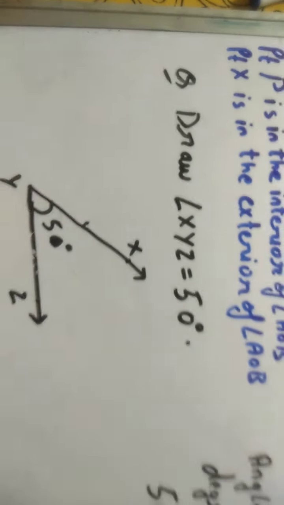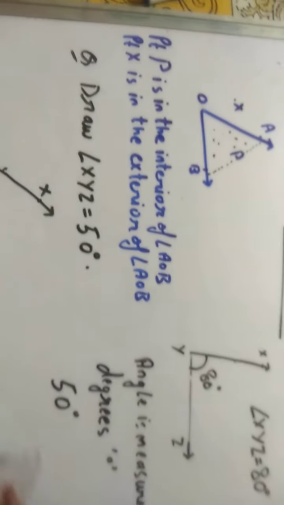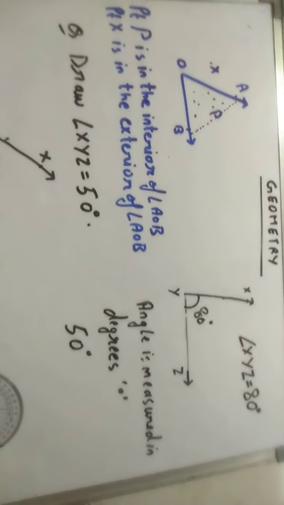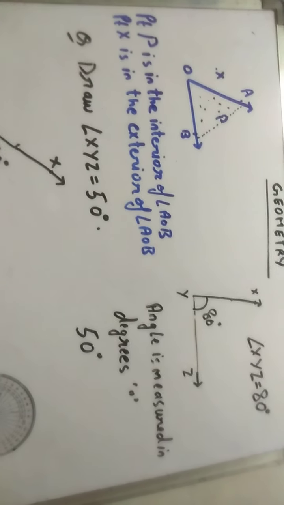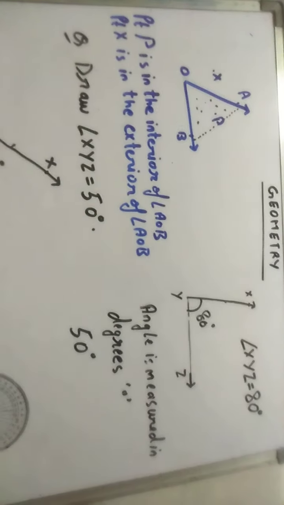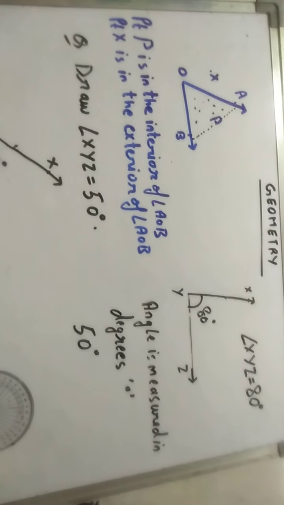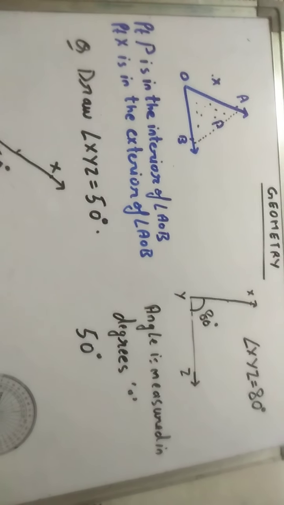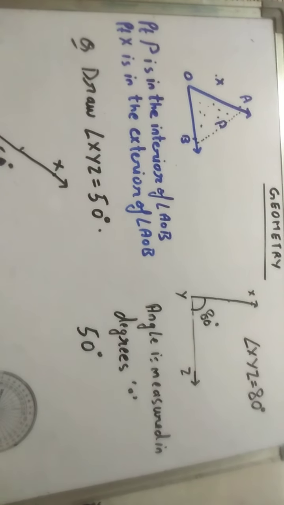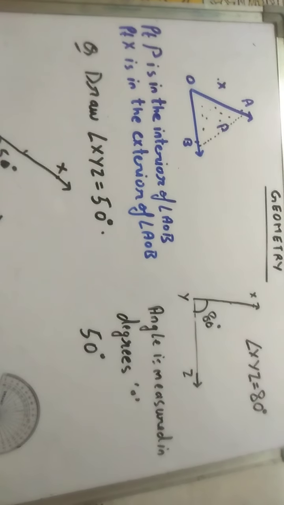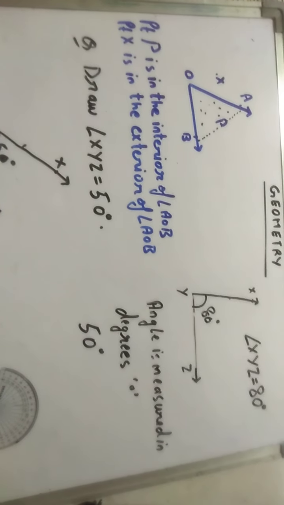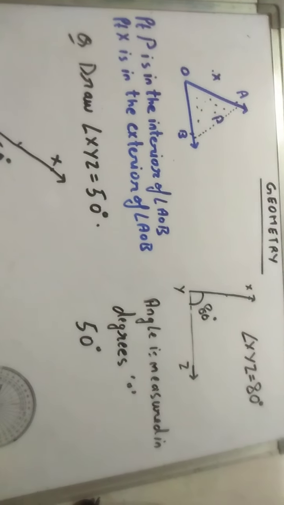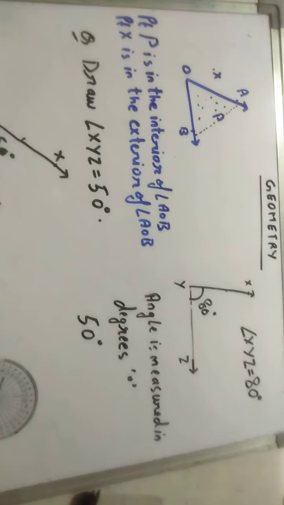Clear, children? So I hope now it is clear to you how to draw an angle and how to measure an angle. Okay, so now you will be given a worksheet from your book only, and you have to solve it. Fine. And if you have any doubt, you can ask tomorrow, but you need a lot of practice to measure angles. So take help of your parents when you are measuring angles. Okay, children? So practice, and we'll meet tomorrow.